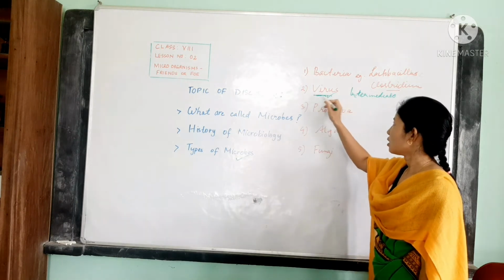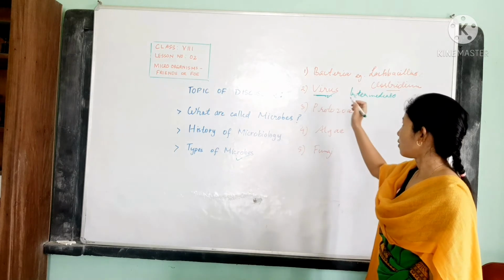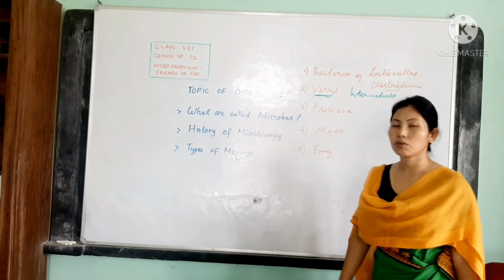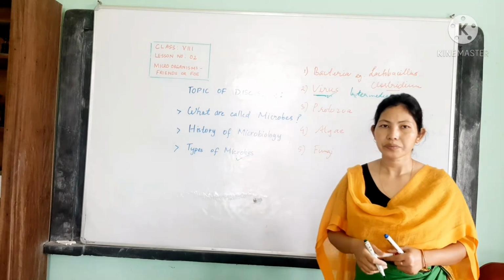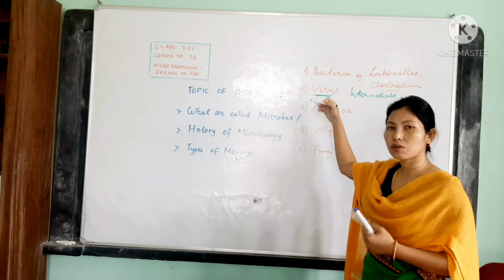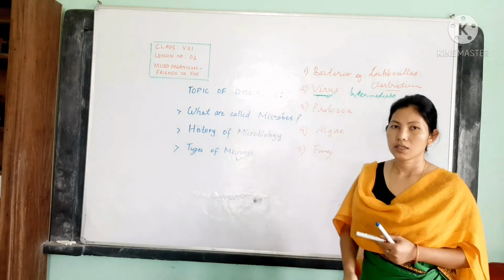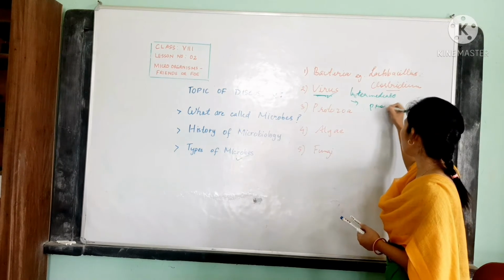So viruses are even smaller than bacteria. Viruses do not have their own metabolic system. They just take up the host machinery or the host metabolic system in order to survive. So viruses only have the protein coat